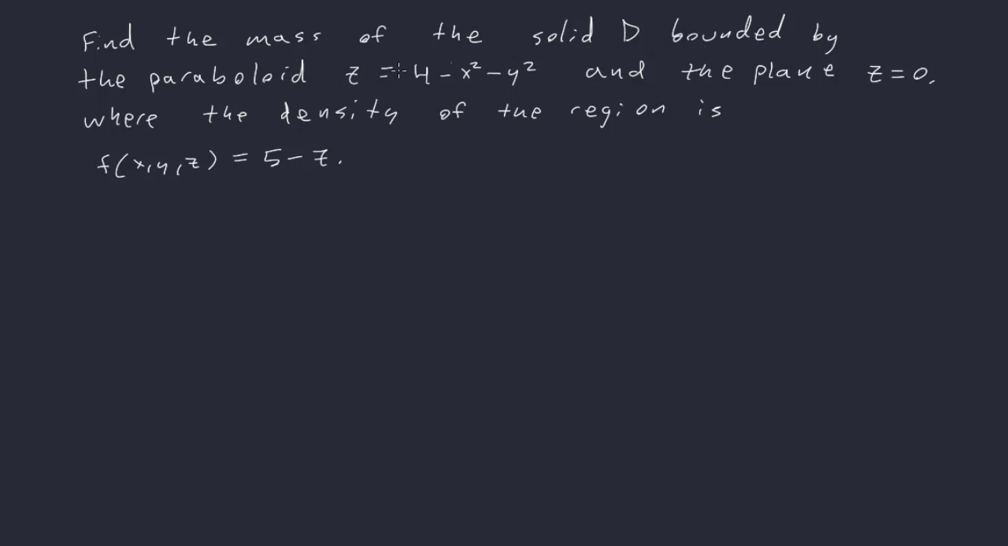Let's find the mass of the solid D bounded by the paraboloid z equals 4 minus x squared minus y squared, and the plane z equals 0, where the density of the region is given by this function here, f of x, y, z is equal to 5 minus z. Now, you might think that we don't necessarily need to use cylindrical coordinates here. However, it's really going to help us out a lot because the paraboloid here,